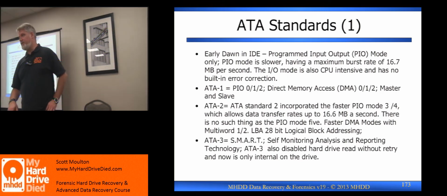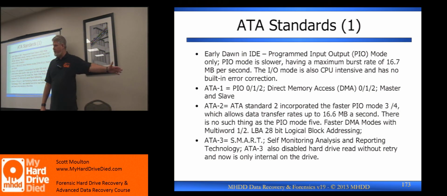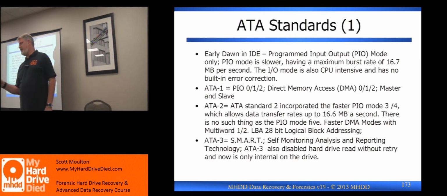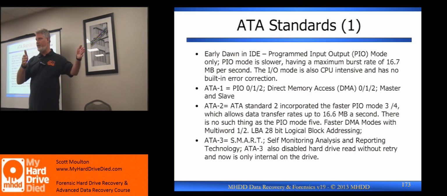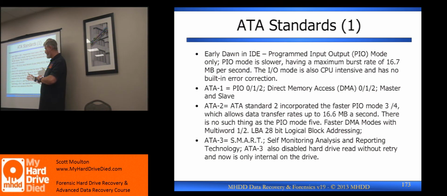So if you come up with a spec and you say, hey, no matter how fast we've been working through all of these things for 2 decades, 28 bits allows us to go to 137 gigs. That's the number. The end number of 28 bits, if you count in 28 bits, is 137 gigs. That's an important number. You'll see it sometimes. It'll show up in drives. When you take a drive and you put it on an old system, it'll actually partition it as 137 because that's a 28-bit system versus a 48-bit system. So there is a difference in these.